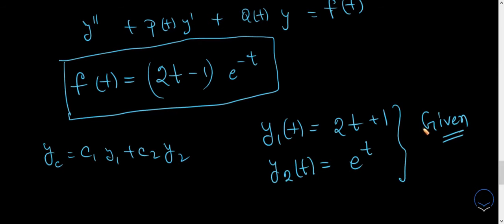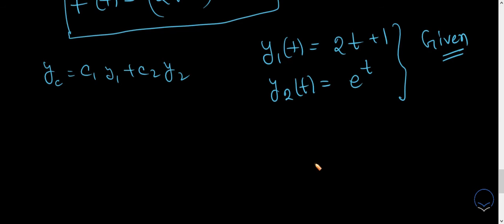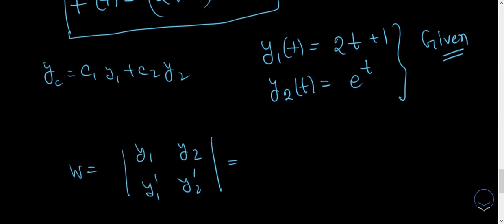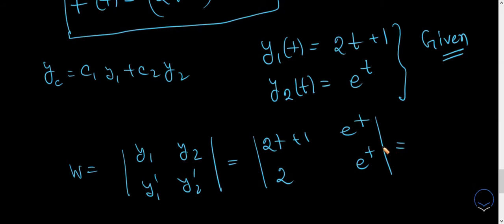Remember, we are not solving them, these are given to us. So using this, now our first job is to find the Wronskian. The Wronskian is just the determinant of y1, y2, y1 prime, y2 prime. If you put in 2t plus 1, e^t, this entry will be just 2, and this will be e to the power t, and this determinant turns out to be